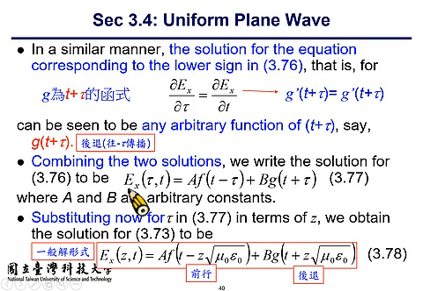And for the G function, because the variable is in the form of t plus tau, then it represents a component of wave that is propagating in the minus tau direction or minus z direction. So the difference between F and G is the propagating direction. And we shall demonstrate this